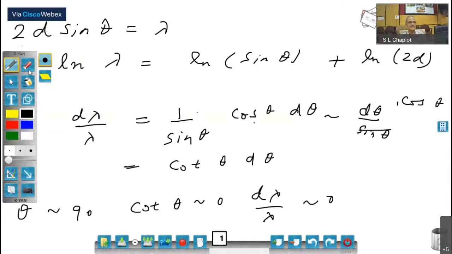Top right. This one? Yeah, okay. Use the small eraser, not the big one, it will erase everything. Okay, good. Anyway, so the point is that